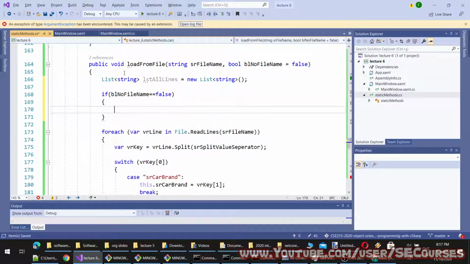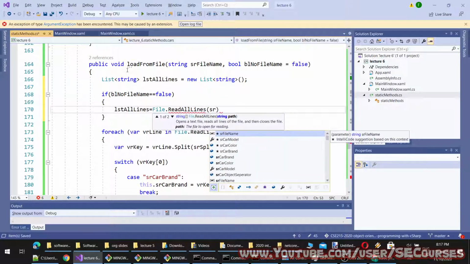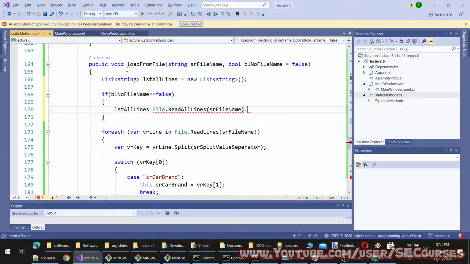False equal to final read all lines. Currently, I am not thinking about the performance.